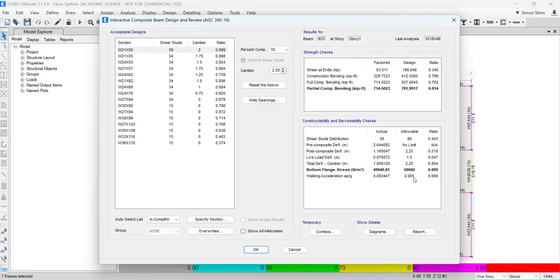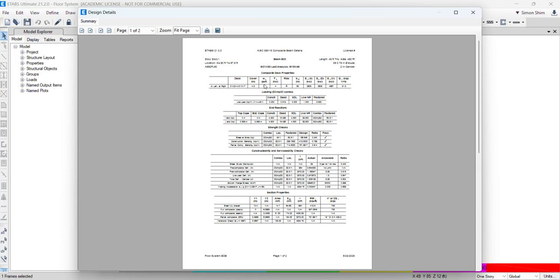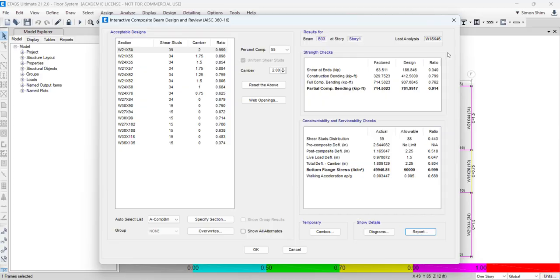I didn't expect vibration yet, but I want you to take a look at it. I'm sure you could follow along with some of it based upon your steel class. And if you click the report, you'll see all the summary of calculation. The one thing I want to make clear, I want you to memorize and understand fully: because of this composite beam, for all deflection calculations you should refer to this calculation here. All of this here, live load deflection or post composite beam deflection, you should always look at